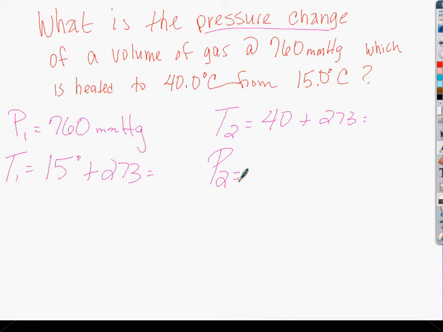Make sure that, again, you add your 273. Before you do anything, add your 273. Get numbers, and then plug your numbers in. And remember, you got P1, T2 equals P2, T1. So you would have,